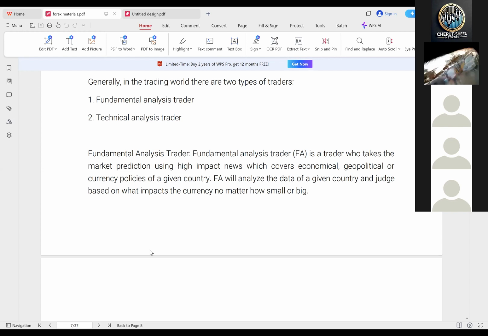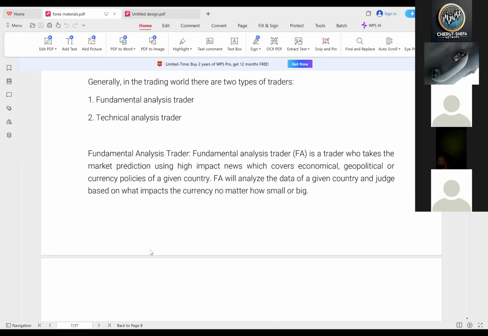And fundamental analysis covers areas such as geopolitical and economic events. For example, the war that is happening right now is affecting